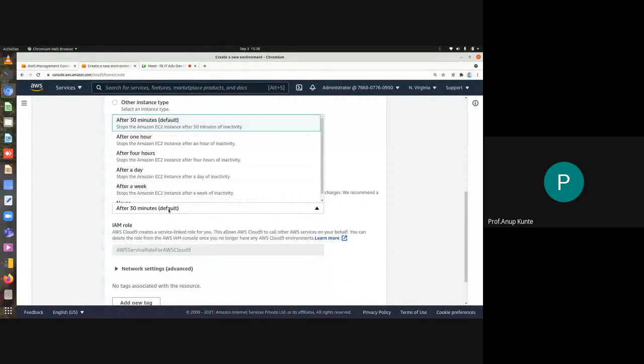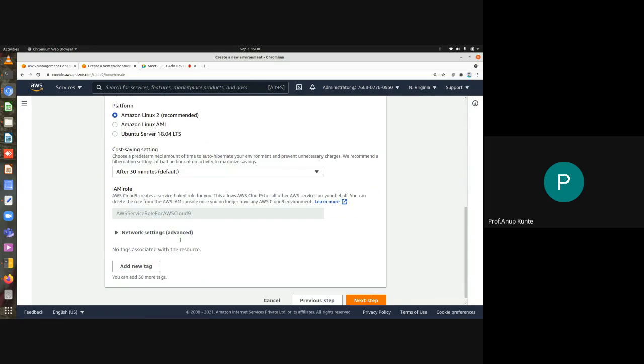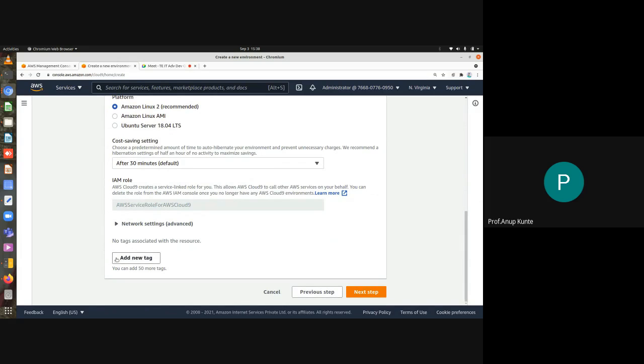Now this default time, we talked about it last time also. After 30 minutes, the EC2 instance will be shut off. So if you don't use the IDE for more than 30 minutes, your EC2 instance won't run, and since the EC2 instance is not running, you won't be billed. So that is how you need to understand what it is. Okay, so IAM role, we are not going to change these, and network settings we are not going to change them. Tag किस लिए यूज होता है? अगर मेरे पास बहुत सारा environments